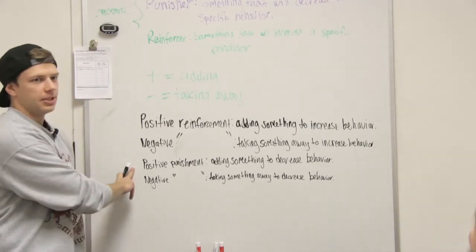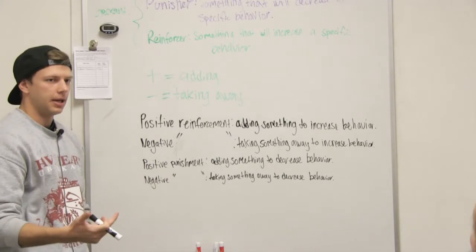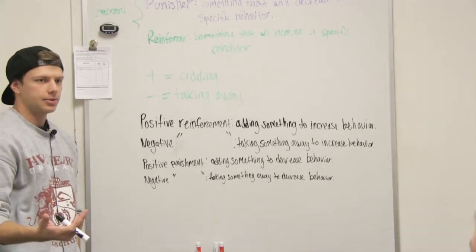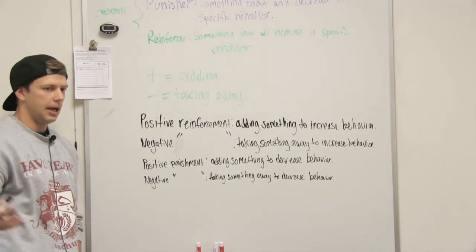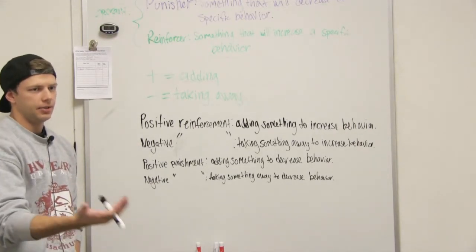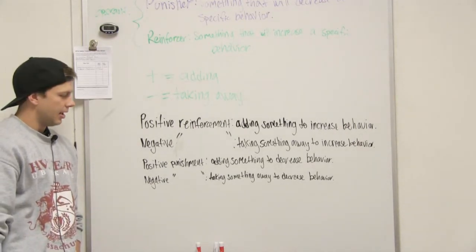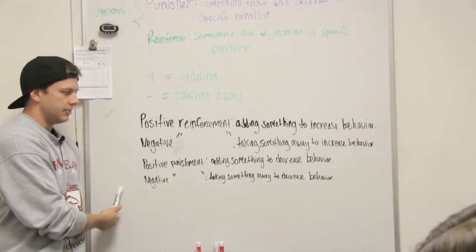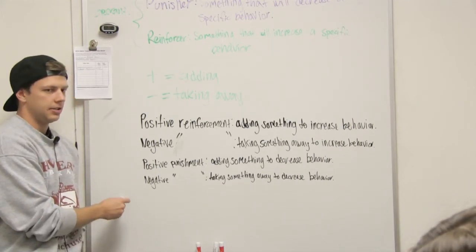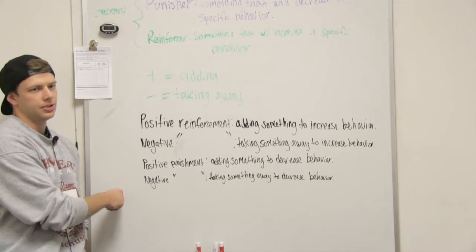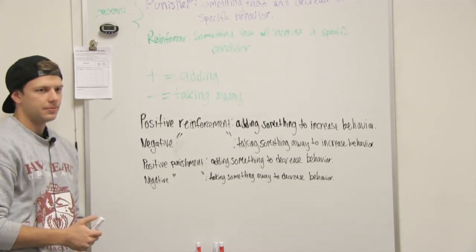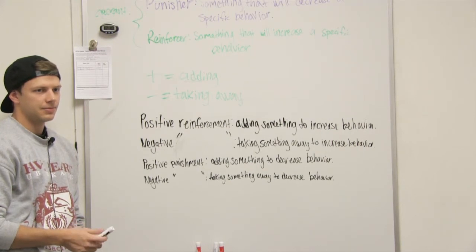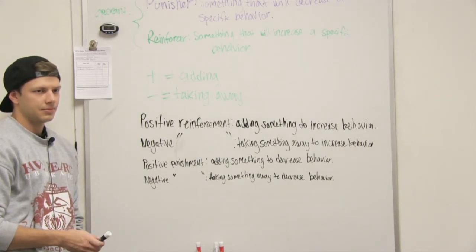Yeah, so positive punishment. If somebody does something bad, like a spanking. Spanking is the one that everybody uses. It's positive punishment. I'm adding my hand to your butt if you don't clean your room. Okay. Negative punishment: taking something away to decrease behavior. So what was your example for that one? I'm not gonna let you play soccer if you don't clean the room.